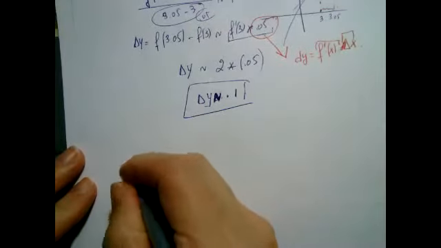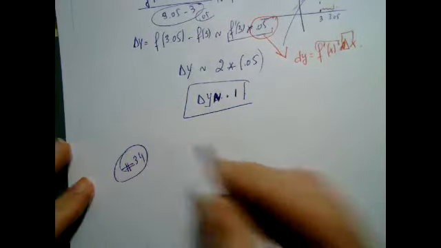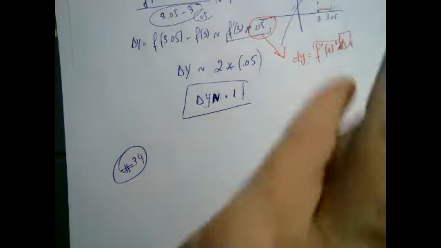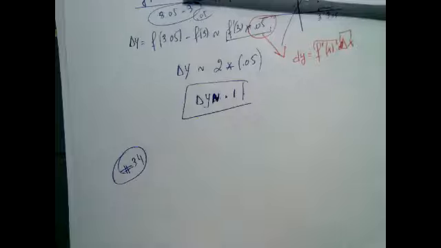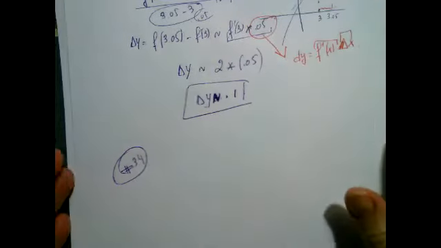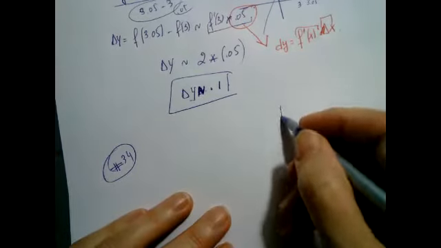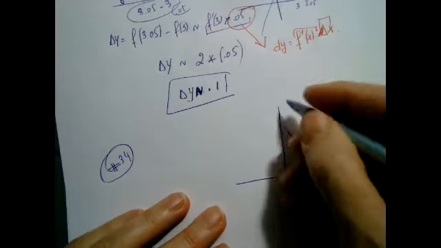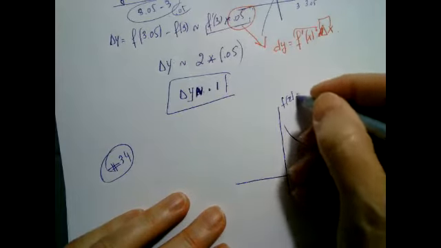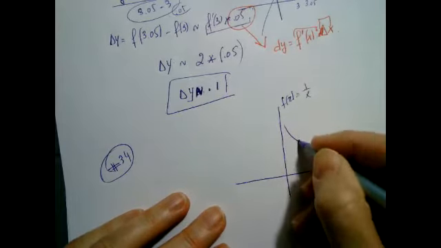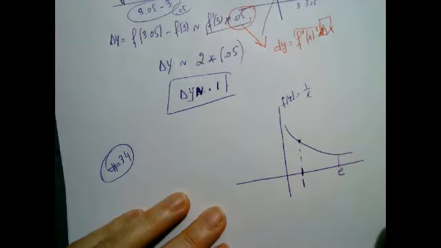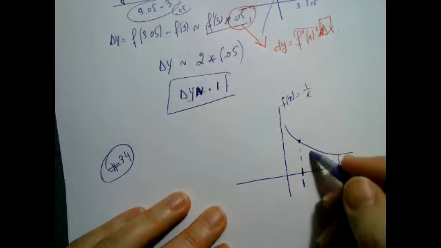Now we look at number 34, and then I proceed. Number 34, what is it about? Use a definite integral to find the area under the graph of the function f of x equals 1 over x. So this is my function, 1 over x. This is 1, and this is e. And we need to find this area